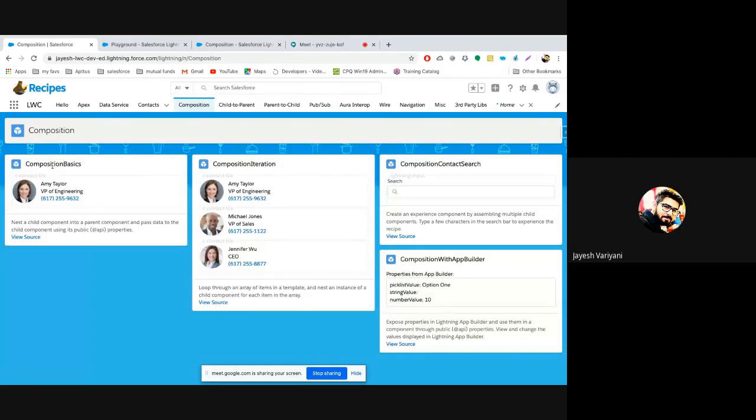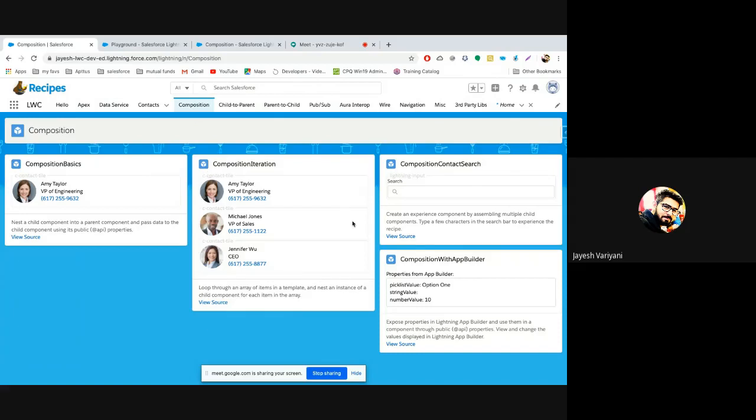On the basic side, if you can concentrate, we have one contact tile, which is a child of this composition basics. Just visualize that our main component is the whole component, which is the entire page.